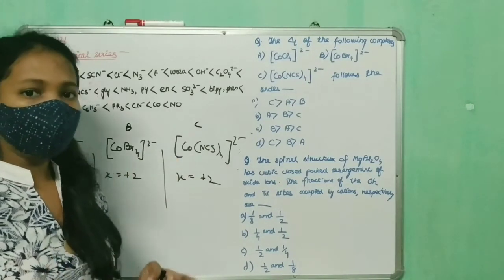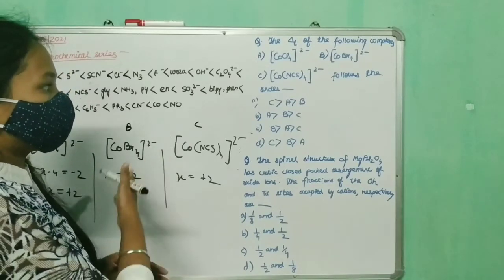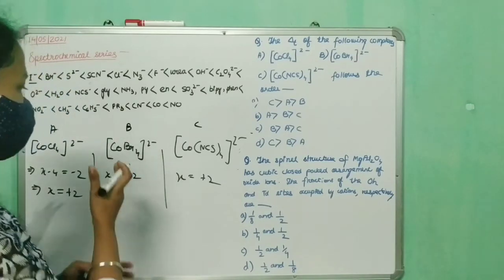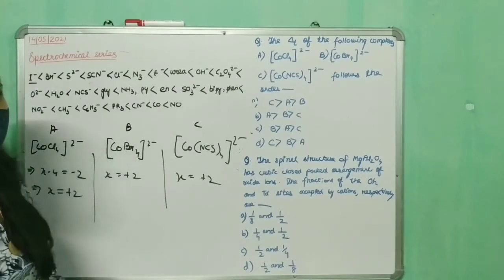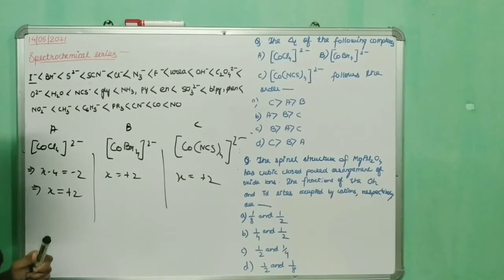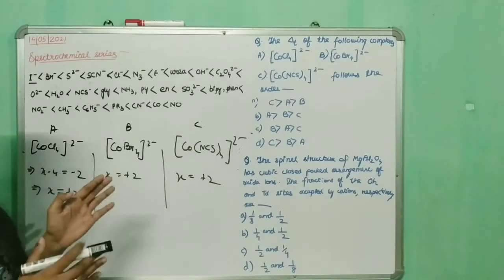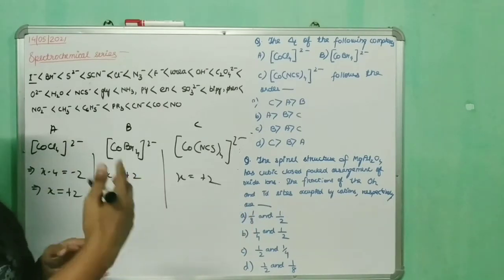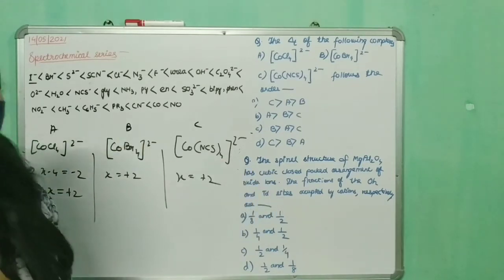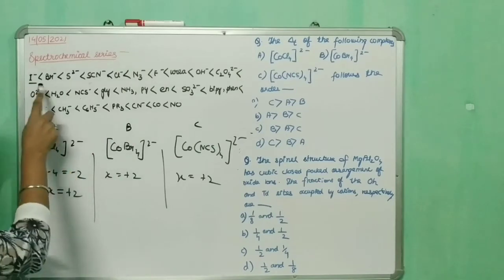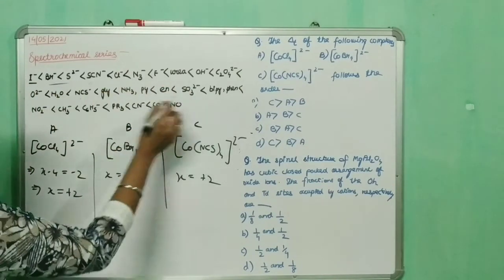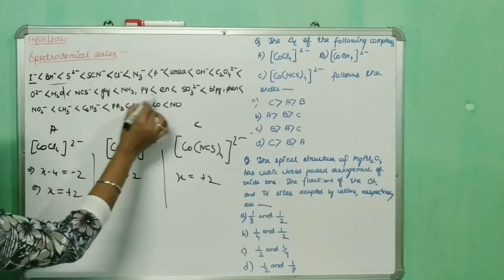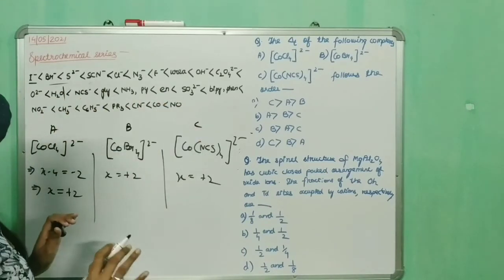So the only way left that we can differentiate them is with the help of the ligands attached to cobalt. In order to save your and my time, I have written the spectrochemical series here. We know that in the spectrochemical series, when we move from left to right, towards the right there are strong field ligands. At the extreme left, all these ligands are weak field ligands, and after water mostly we see that these are strong field ligands.